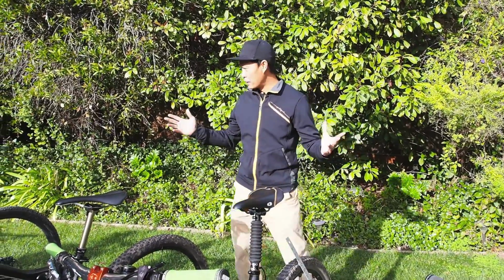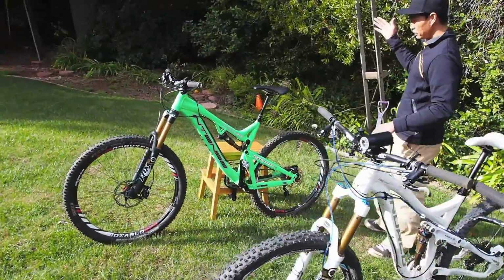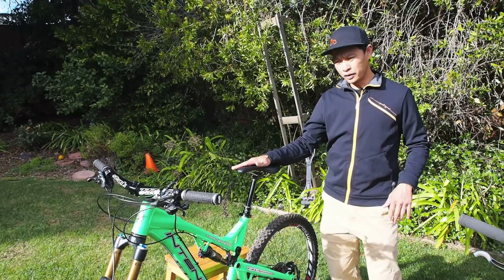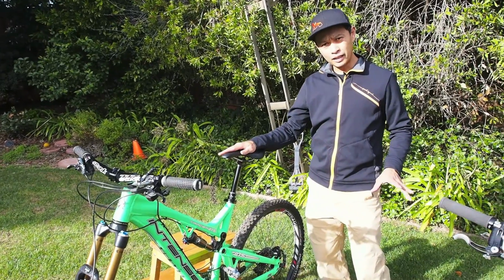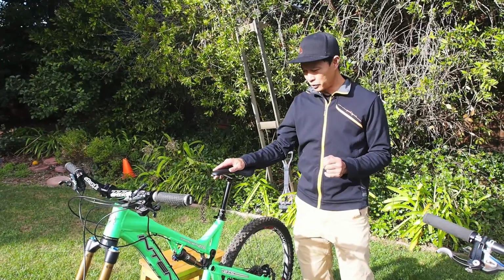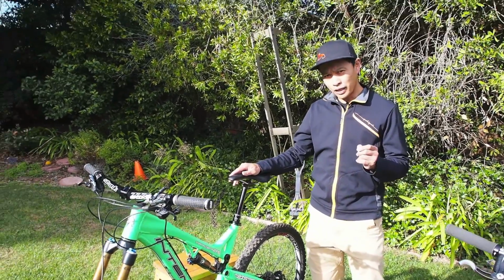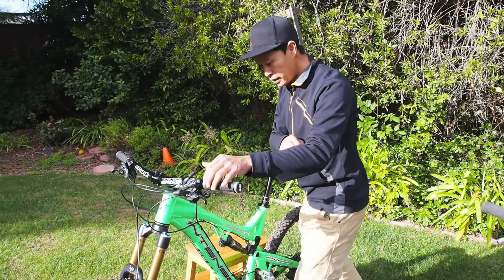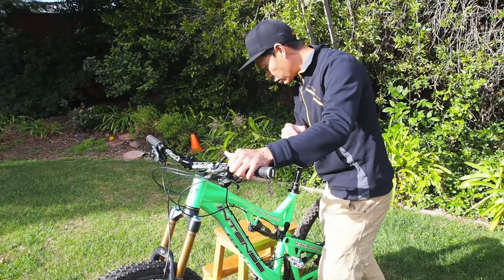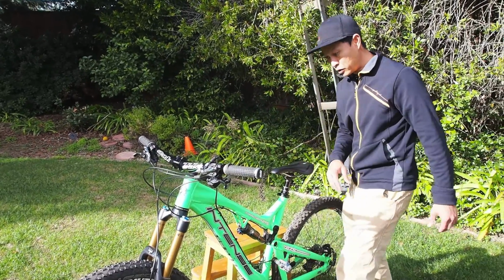But my favorite of the bunch is going to have to be the RockShox. People have reported problems here and there with bubbles or with fluid bleeding, but once you have that sorted out, as far as ease of use and just disappearing into your ride, this thing is the one that has it dialed. So the RockShox Reverb, especially the